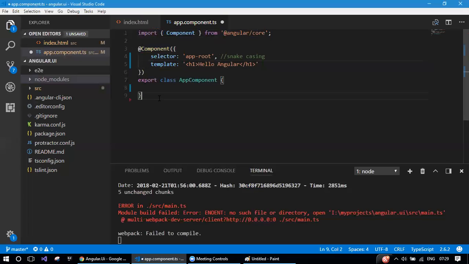So I believe we have seen pretty much every concept here. We know what a component is. I'm sorry, we know what a decorator is. And this is a decorator factory. Yesterday we created one. With the help of a decorator factory, you can pass an object or a parameter. Something like, I've created a deprecated decorator yesterday, which has a parameter target of type Function. And I have written something,